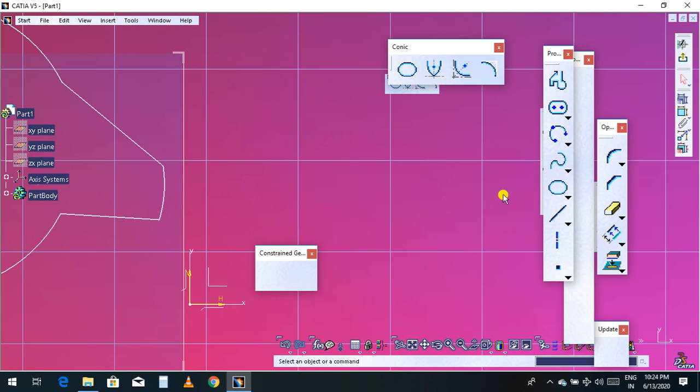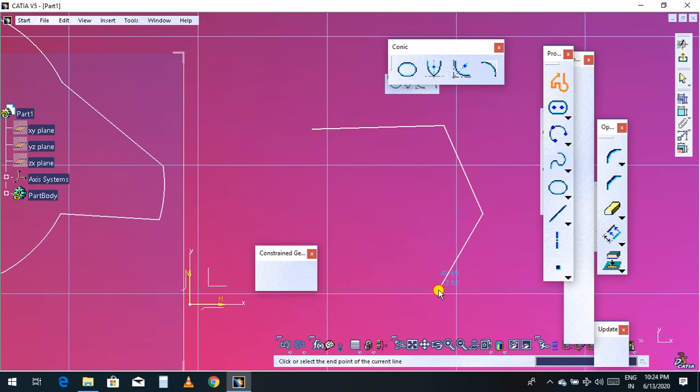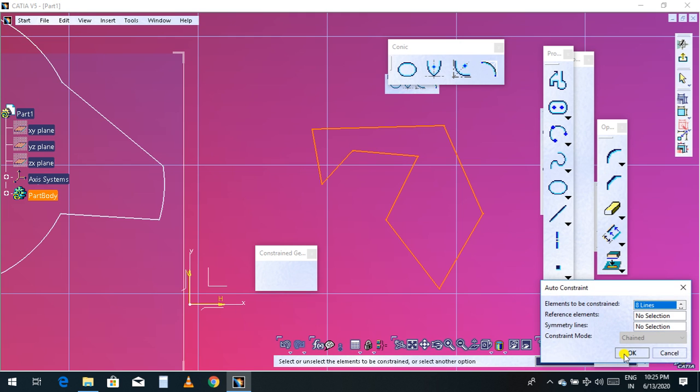I will discuss one more example. Suppose I choose a profile line and draw like this. If I drag it, it leaves its position because it is not fixed. Now select all the lines and give Auto Constraint. Click OK.